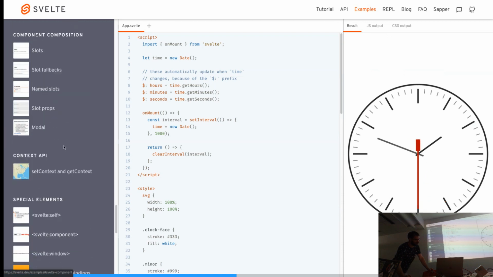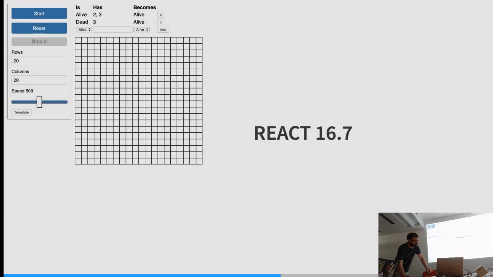And many others. You have slots, for telling that a component has different slots where you want to transclude the other inner component and so on. So that was about the functionality. It has more or less everything plus something more than the other frameworks. So now let's check the speed.